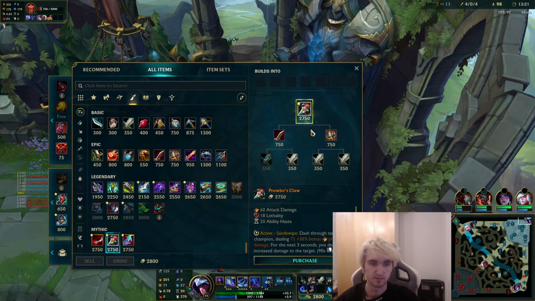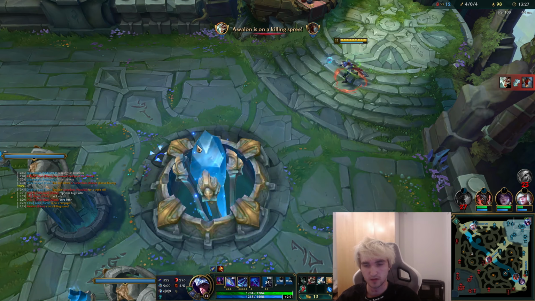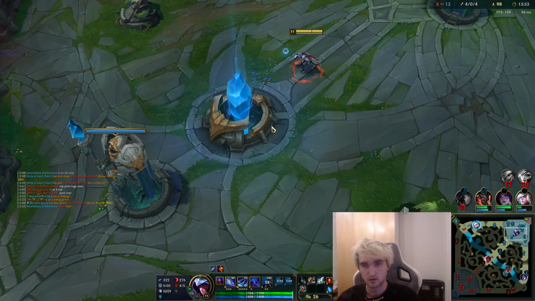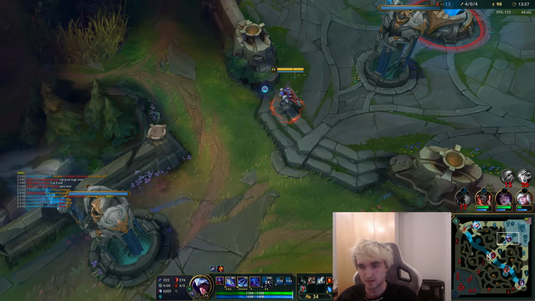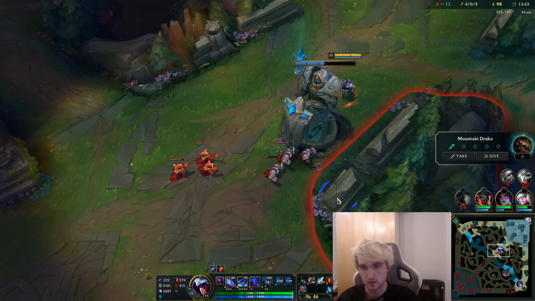I mean, realistically speaking, I could just do this. This doesn't feel that bad. But it is a very early mana mule. But then I want to try to move into Hullbreaker. I mean, this is not really that worth it. But I don't really know. This feels pretty bad. Maybe I should have just gone full Prowler's Claw. I do just want to test out mana mule